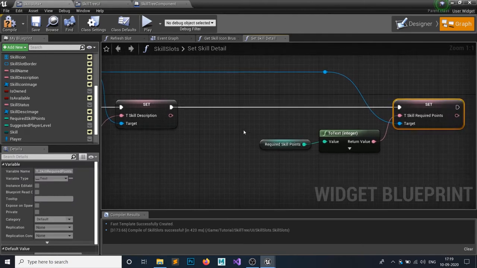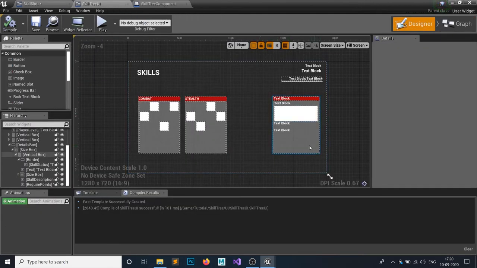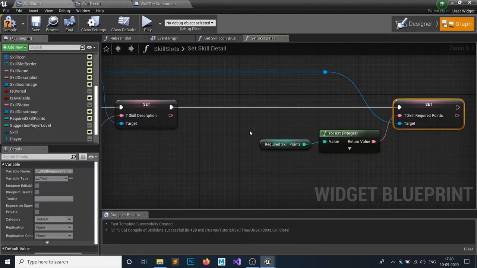But what we are doing right now is, whenever our player's mouse hovers over a skill slot, we're going to spawn all the skill's details on this right side details panel we have created. So if we hover over this skill slot, the details of this skill slot will spawn in here. But let's say we have already unlocked a skill and we don't want to set required skill points for that skill, because we already own that, so we don't need that skill points detail.